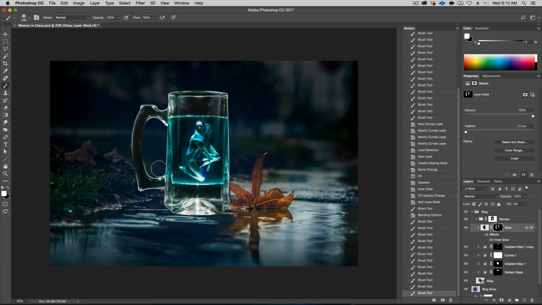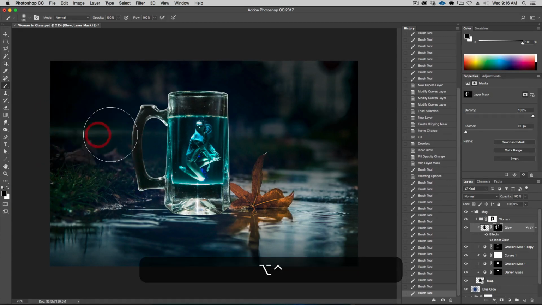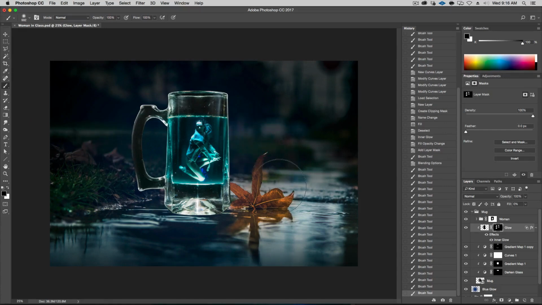And the nice thing about the layer style is if I want to come and edit it, I can always double click and change. I can make it blurrier, etc. Okay, so this is pretty good. Let me just hide a little bit here, maybe a little bit here. Some places where it's a little too much. There we go. I want it a little uneven. A little bit over here. Nope, don't want that. Okay. All right, so there we go. We have the glow, add a little contrast, and we dropped the woman in here, so pretty good. All right.